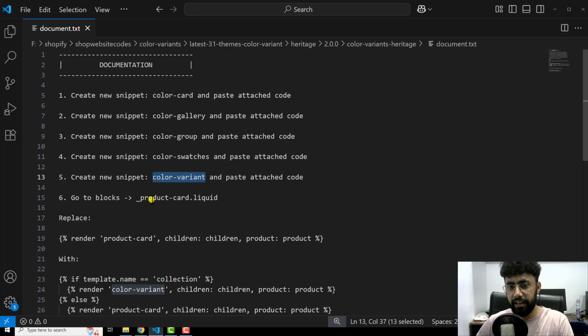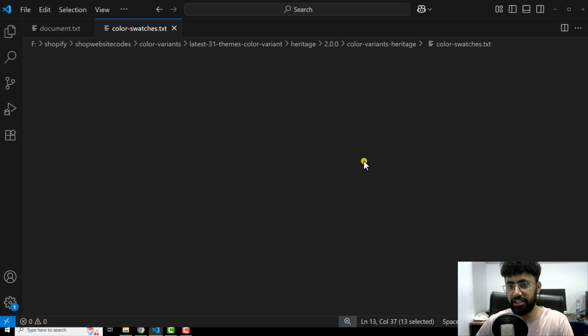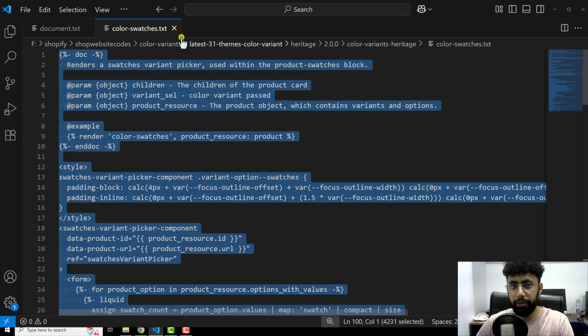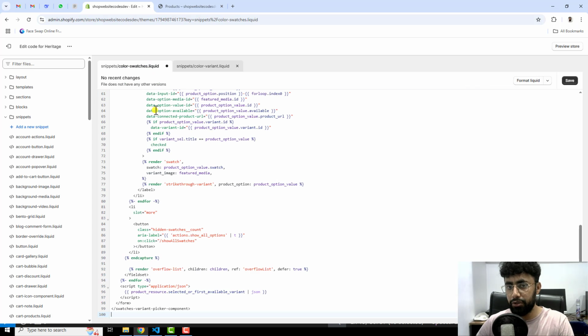Go back and here we have the fourth file, which is color-swatches.txt. So you should copy this file code and then go back here. We have color-swatches.liquid. So inside of this file you need to paste that code and save the changes and then you can